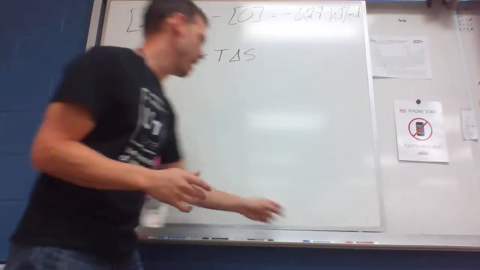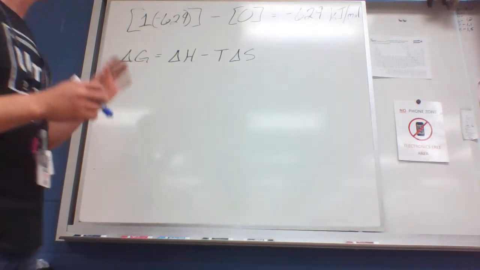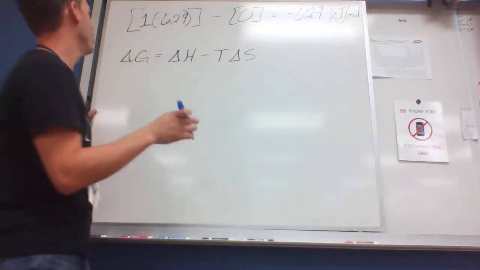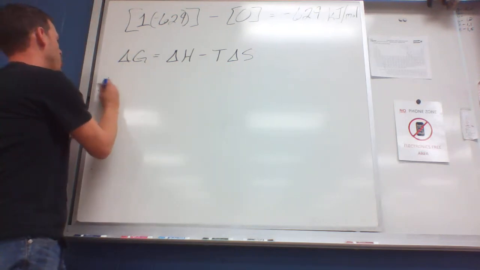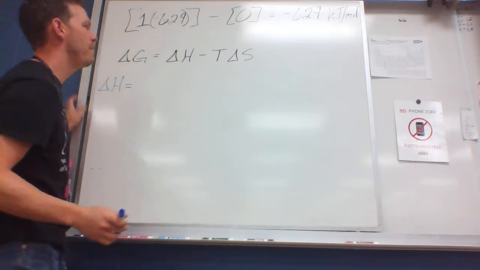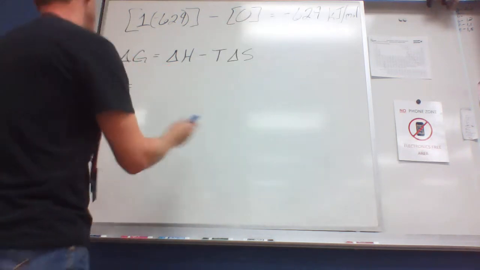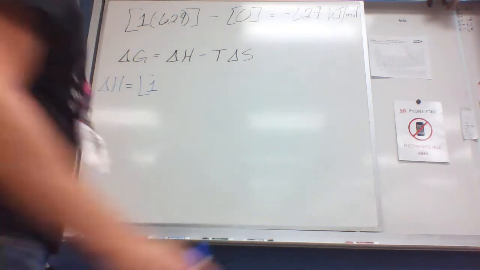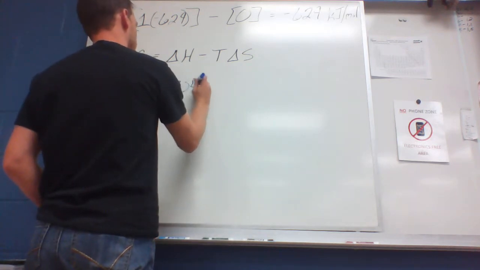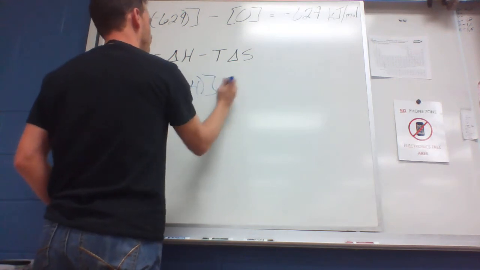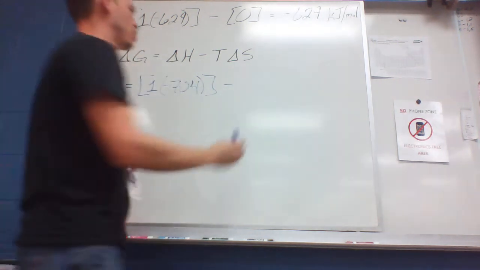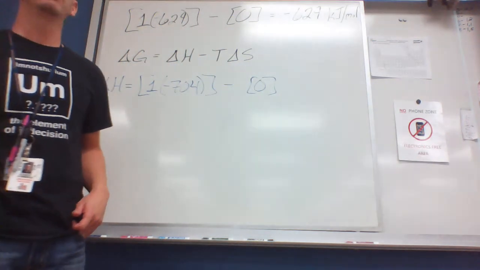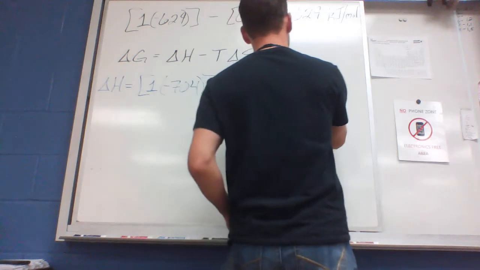So now we can do some plug and chug. What I see here is that I can find these other values. So what we'll want to do is start by finding delta H using, again, Big Mama. So using delta H, I can see that I've got one aluminum chloride with an H value of negative 704. And again, as we expect H to do, all the reactants are zeroed out because they're free elements.